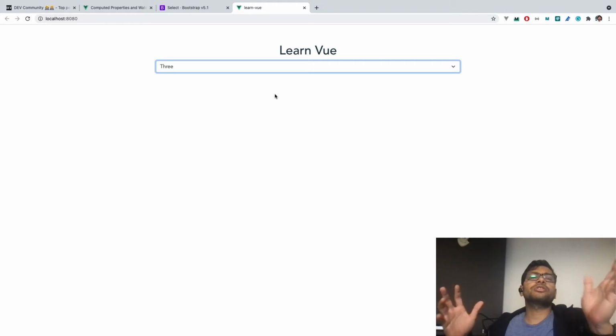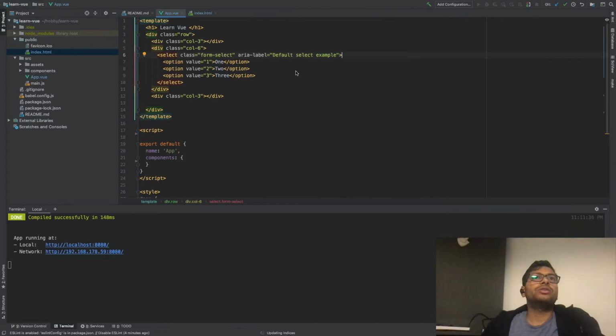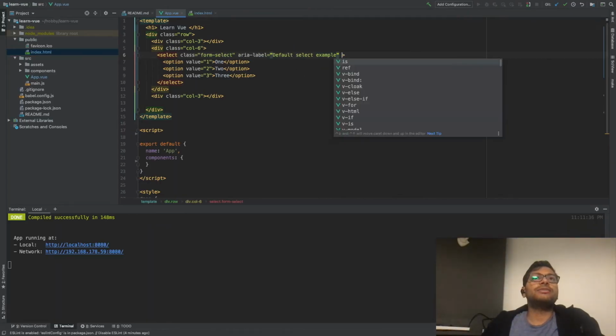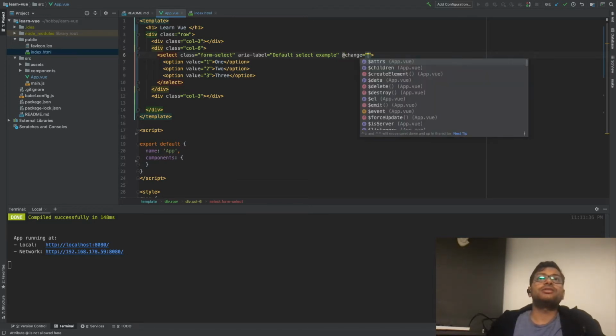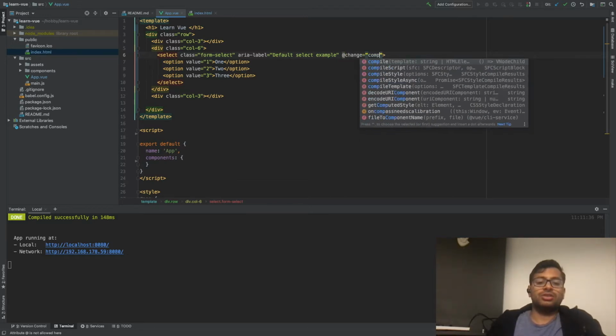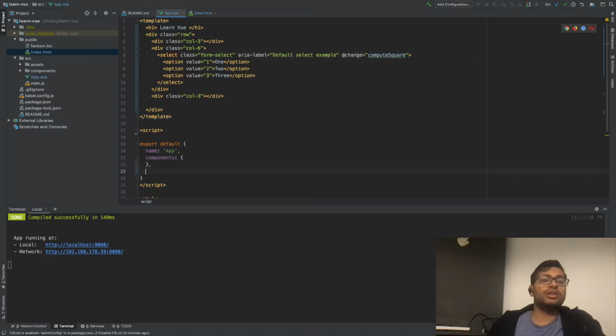So let's try to compute the square of the number. So what we can do is we can create a handler. It's called change, compute square, and we'll create one methods section here where we will define our method compute square,